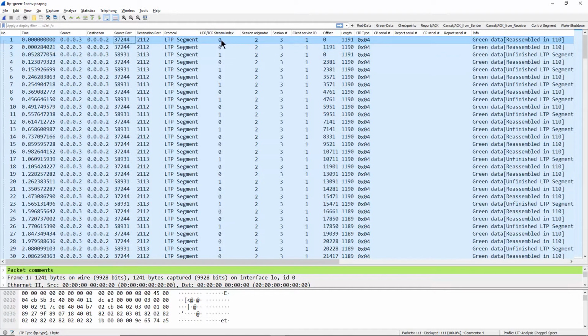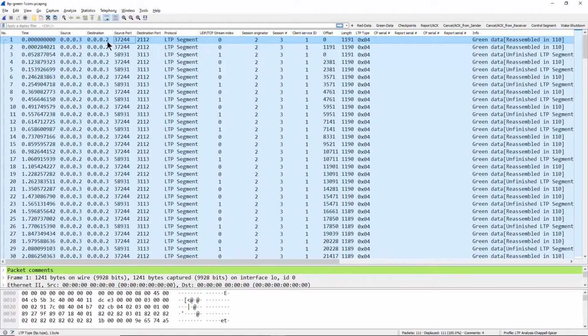However, they are listed as different UDP streams by Wireshark because the port numbers are different. This is what feels really weird: the idea that we are in a single communication session, but we are using multiple combinations of different source and destination port numbers. We're so used to sending a DNS packet out from port 5000 to port 53, and getting the response back from port 53 to port 5000. That's not the way this works. We'll talk about that a little bit later.